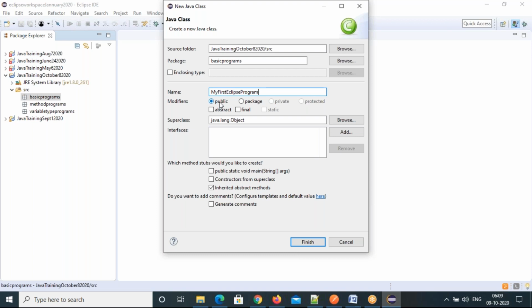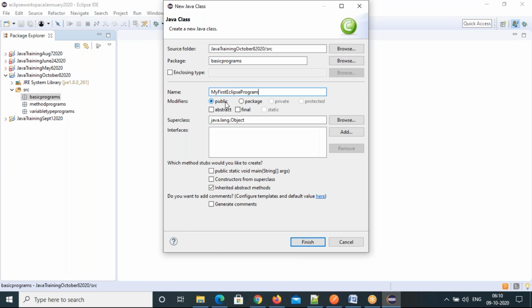Access modifiers are public, package, private, protected. You can observe here, public and package are enabled, private and protected are disabled for the class. That means there is no private class, no protected class. You cannot create a private class, you cannot create a protected class. These 2 keywords, private and protected, are not applicable for the class. So your class can be only either public or package.